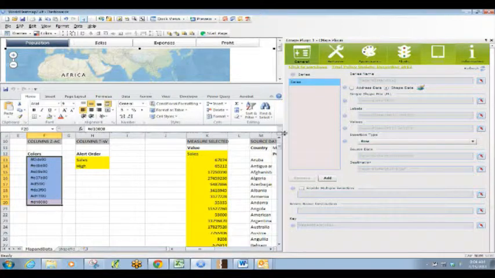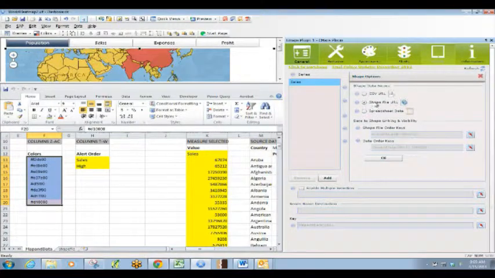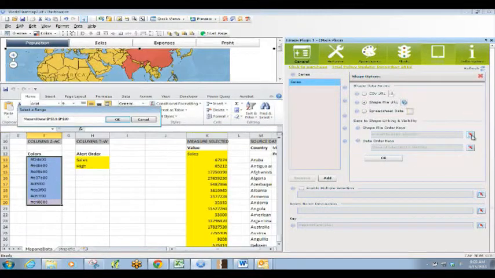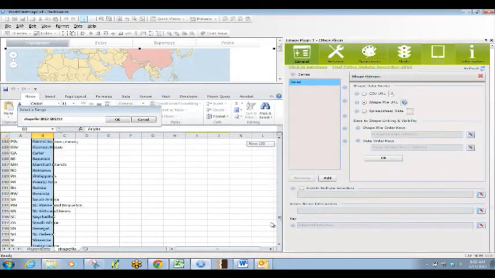So I have one single layer of information, and this layer of information is my world by country. In this case, we want our country's boundaries, so the shapefile. So we define shape data. I indicate that yes, I do want to use my shapefile URL. I have the metadata for that shapefile, so this is a list of all the countries I have available to